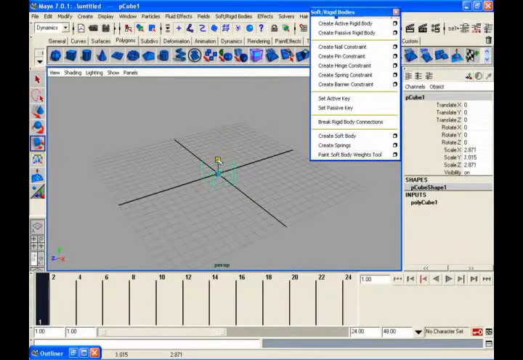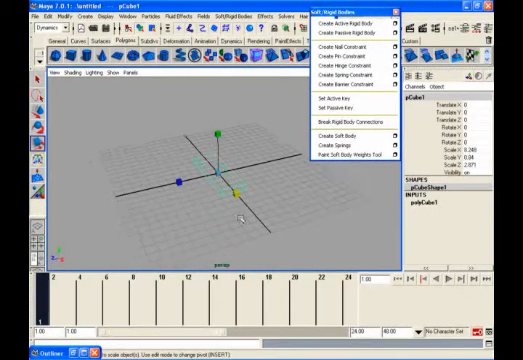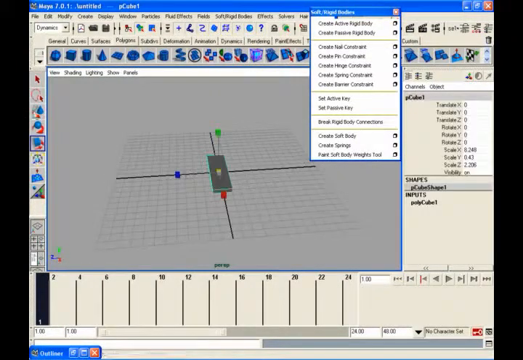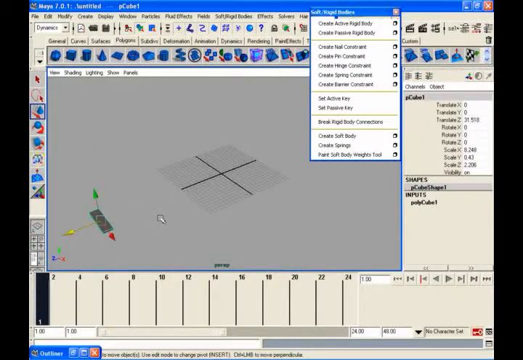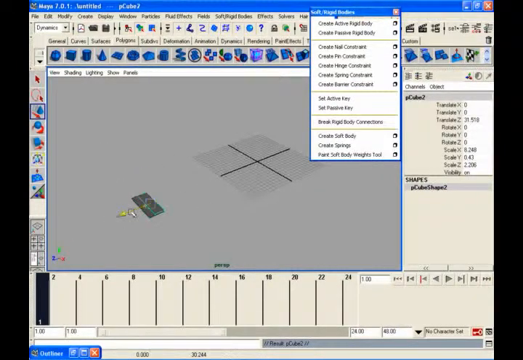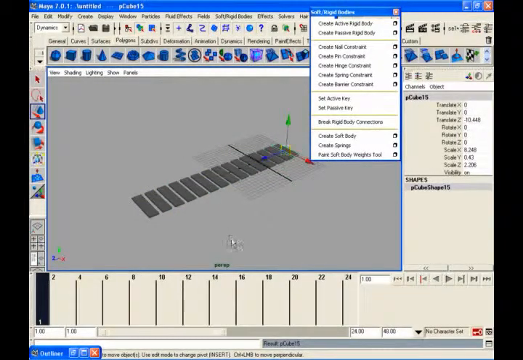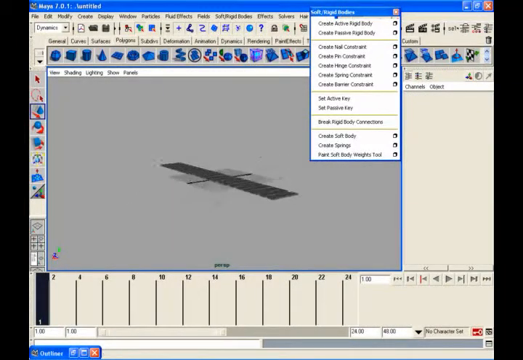So, hanging bridge. Control D, Shift D. Same thing, edit, delete by type, history.